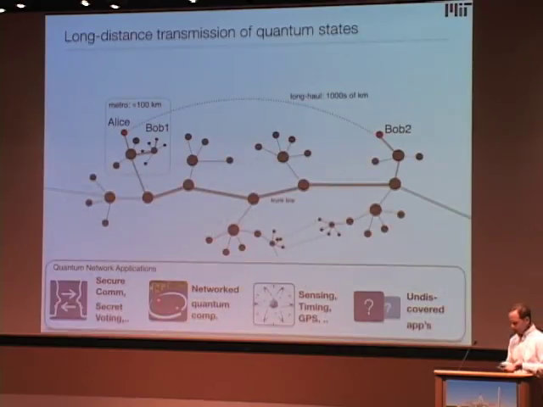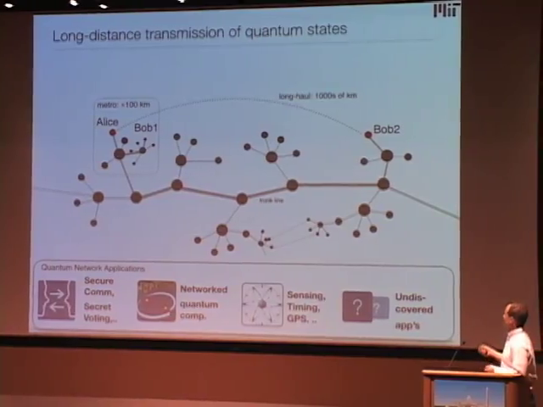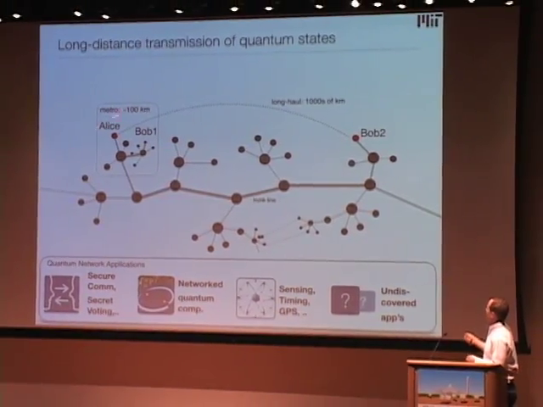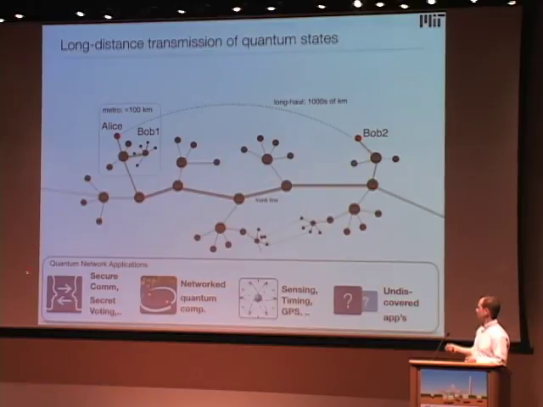All right, so the basic purpose, of course, of quantum communication is that we'd like to transfer quantum states over long distance. And that would be really cool if we could do that in, let's say, this kind of network, either in a metro network or in a long-haul network, because we could run on such a quantum network a great number of applications: secure communications, which of course is the central topic of this conference, but many other applications as well, and probably many undiscovered protocols will emerge once you start having such networks in place.